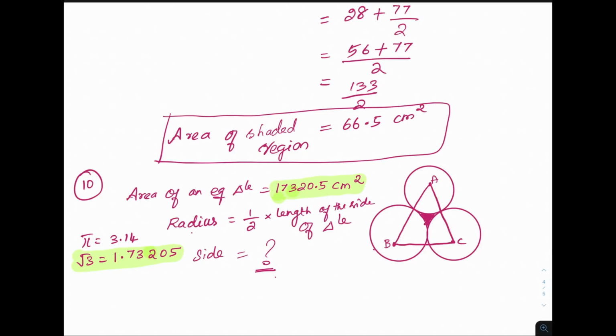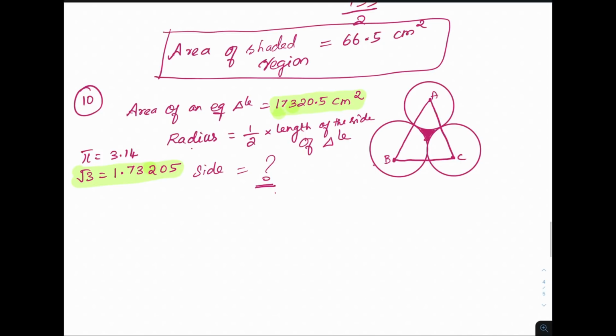So how to find? First we know the area of an equilateral triangle. So what is the area of an equilateral triangle? Root 3 by 4 a square is equal to 17,320.5. Now we need to find what is a. So take this root 3 by 4 to the other side. So this will become